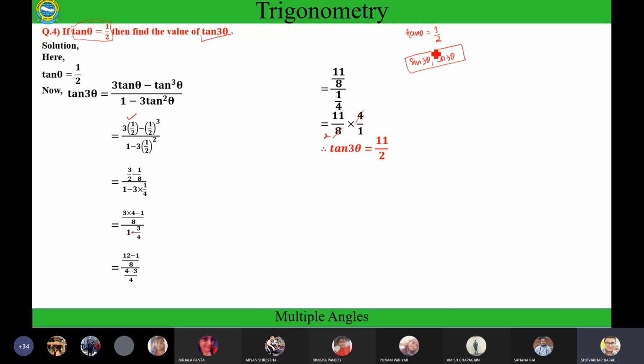Can anyone tell me how to find the value of sin 3 theta and cos 3 theta? Okay, let me tell you. One thing I need to mention here is the things that you will read in class 8, 9 and